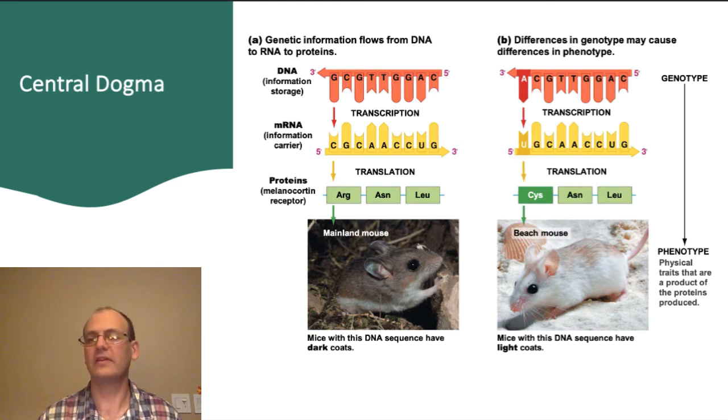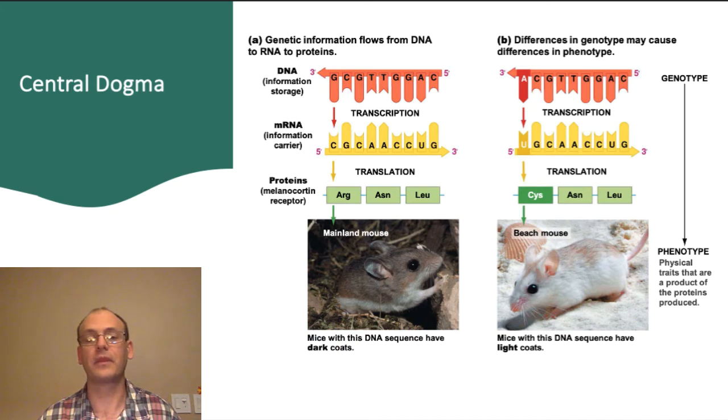At the top here, we have a DNA sequence that's part of a gene that determines the coat color in mice. That code gets written into the form of mRNA through the process of transcription. Note here, and we'll come back to this, that the code written onto the mRNA is exactly complementary to the code in the DNA. The only difference here is that RNA does not use the base thymine. Instead, a related base called uracil is used, and uracil is complementary to adenine in the same way thymine is with DNA.